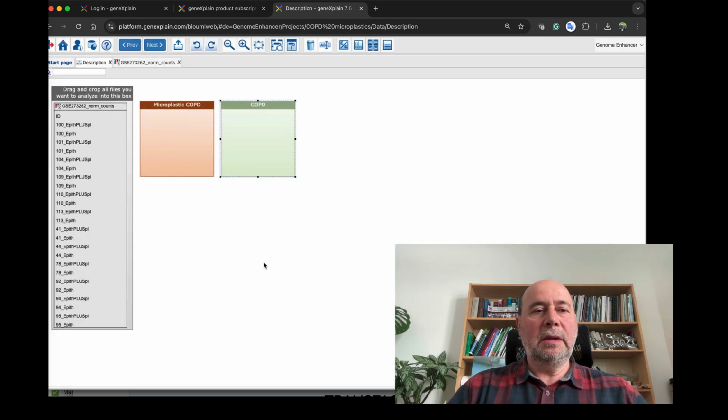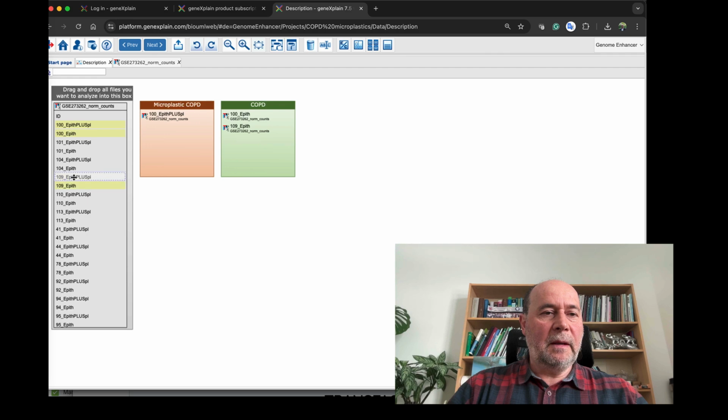We know that these samples 100 are coming from COPD patients, so we will drag and drop them, and correspondingly there are also 109, 10 and 13. So these are 4 COPD patient samples which were treated with microplastics.